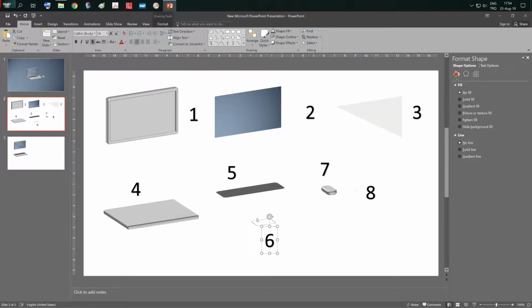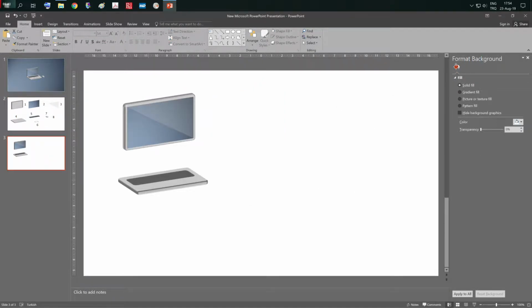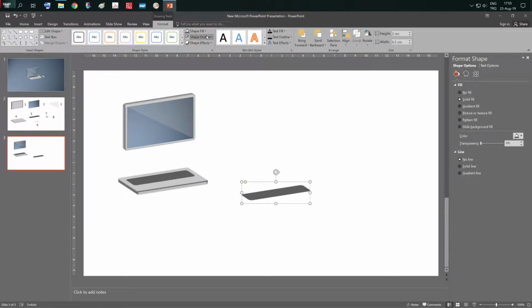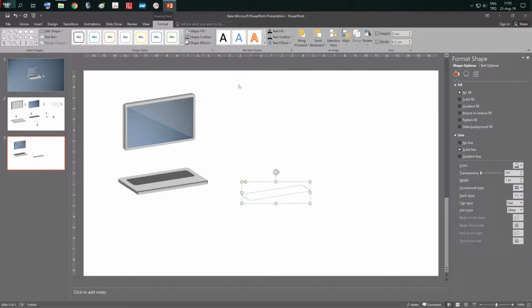And number 6, we can add a mousepad. Let's copy it, paste it, format and outline. Outline is the same, outline shape without fill. Let's change the size to 1.5 height and 2 is the width. And let's put it here. We can